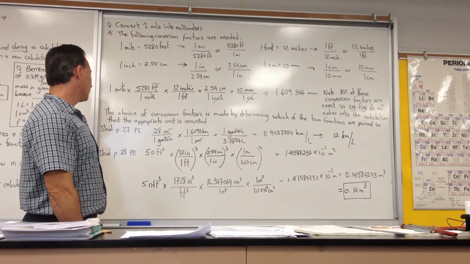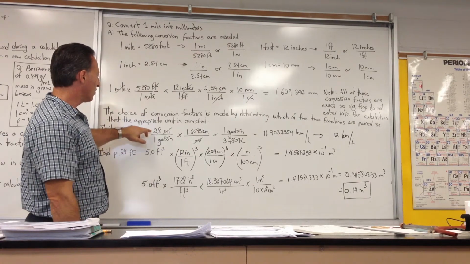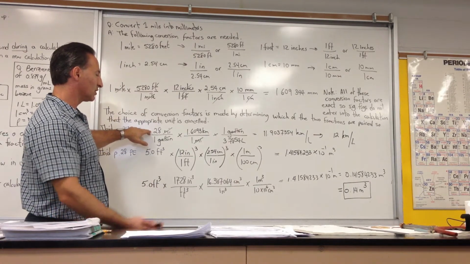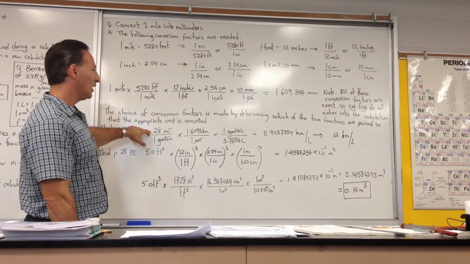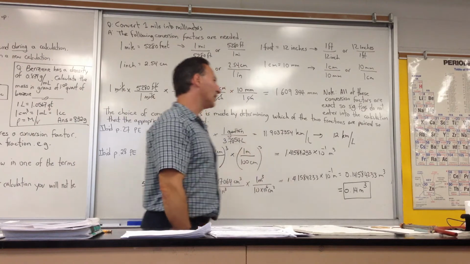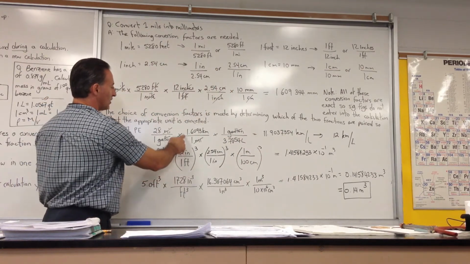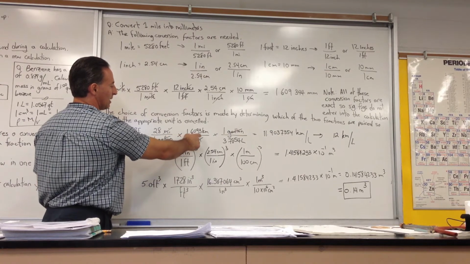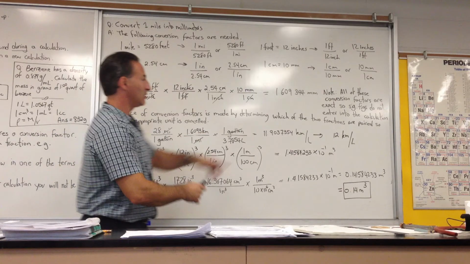On page 27 of your text, on the practice exercise, it asks you to convert 28 miles per gallon, which is a level of fuel efficiency that a certain vehicle has, into kilometers per liter. So you need to know the conversion factor from miles to kilometers, and I use the one on the back cover of the book. This is not an exact number. You see, this would be the exact number,